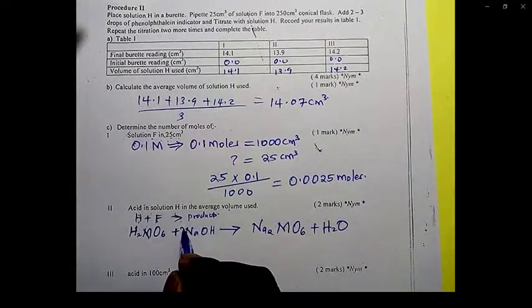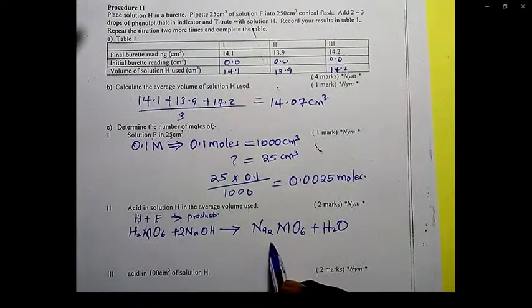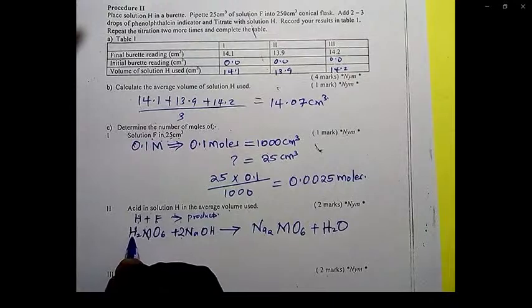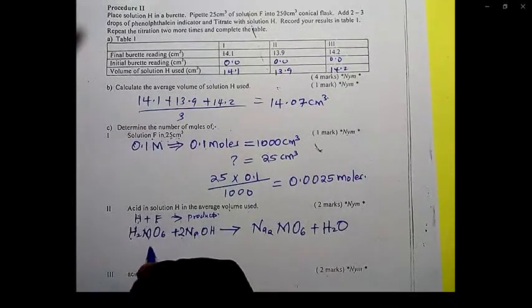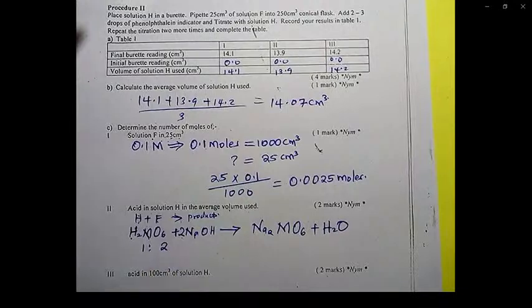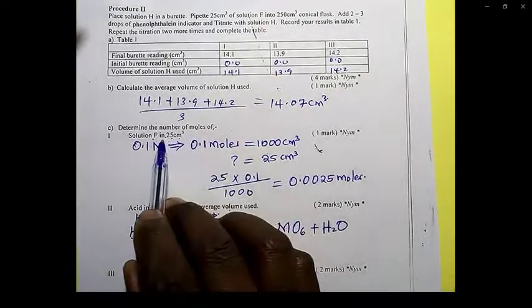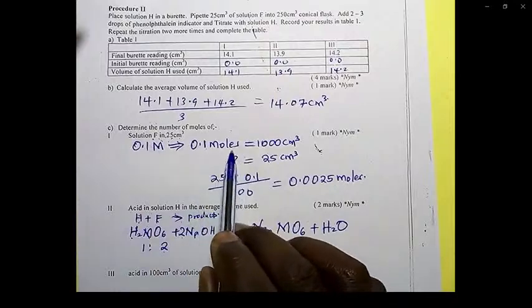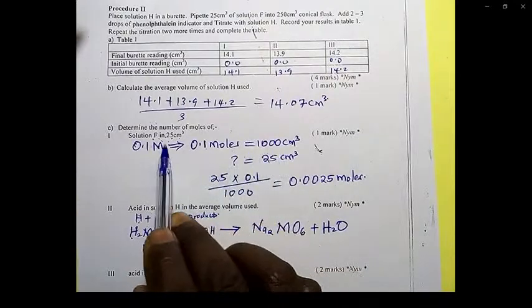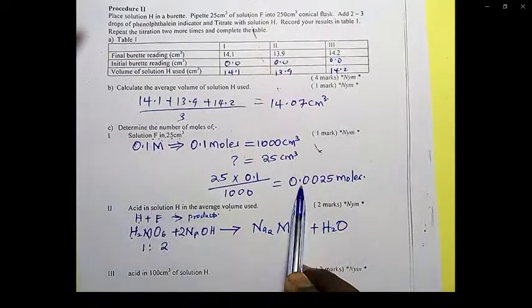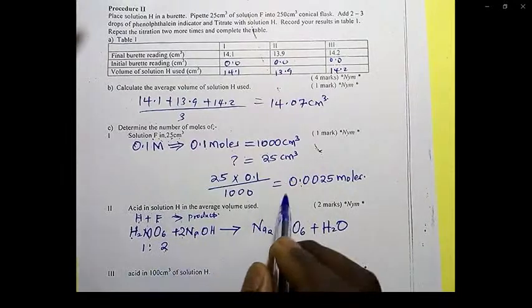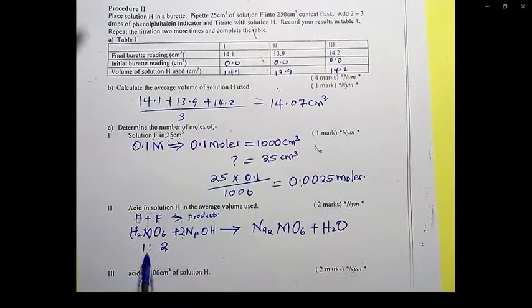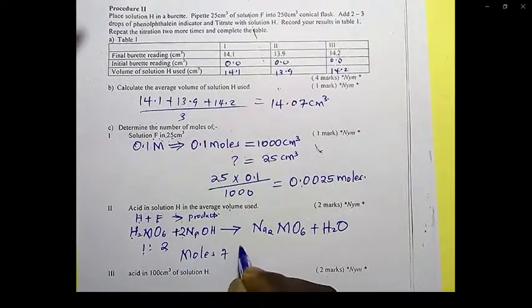So the most important thing here is the balancing. So this one we'll put it to here. That tells you the ratio of the acid and the base is 1 to 2. But we have the number of moles of the base F, which is this that reacted. So if 2 is 0.025, what will be 1? So it means that moles of H